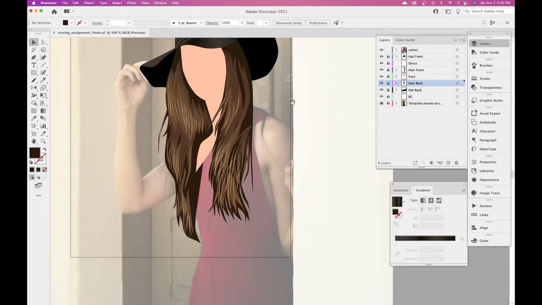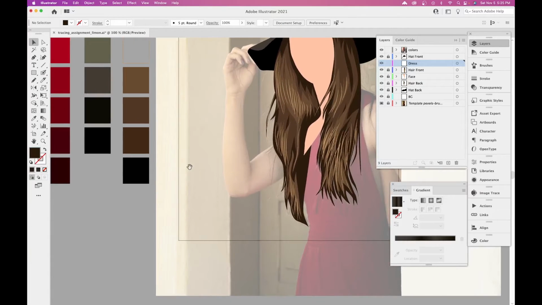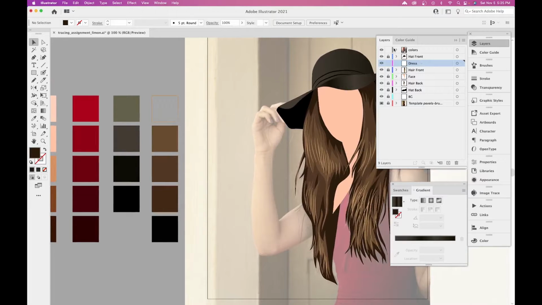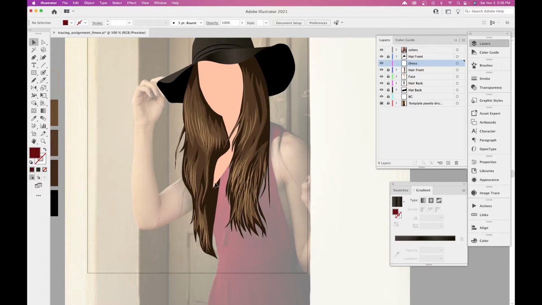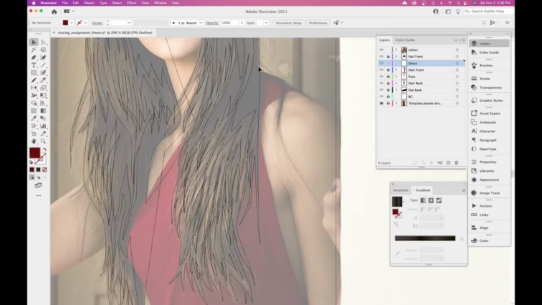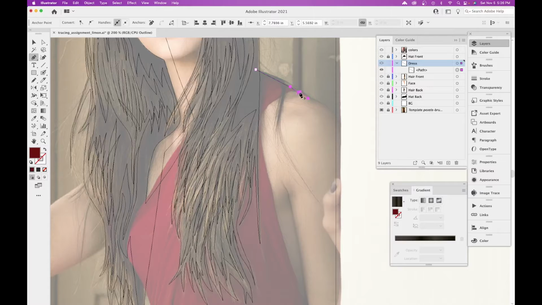And let me go ahead and do the dress shape. I'm going to click on dress, unlock it, and I'm going to select this middle color. So select here, and then go back to my dress layer, and I'm going to do Command Y or Control Y, and I'm going to click on my pen tool, and now I'm going to start building out this dress. So go here,